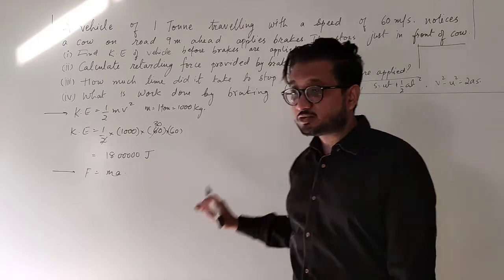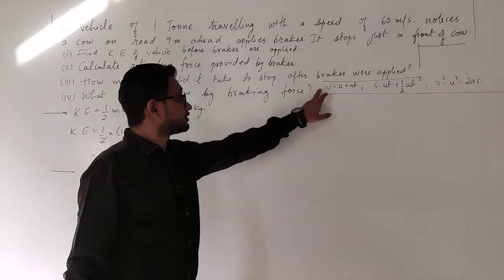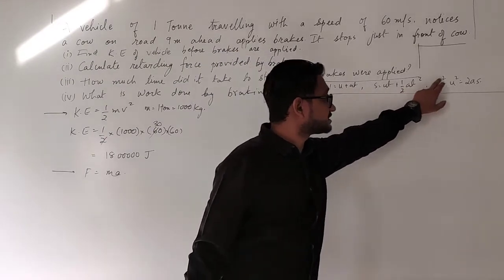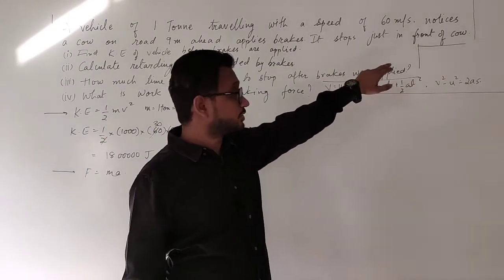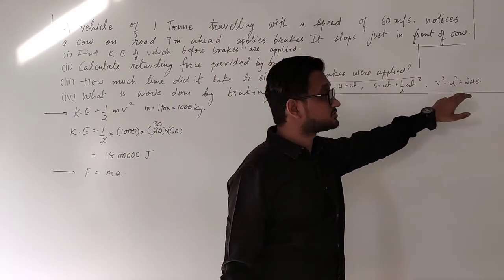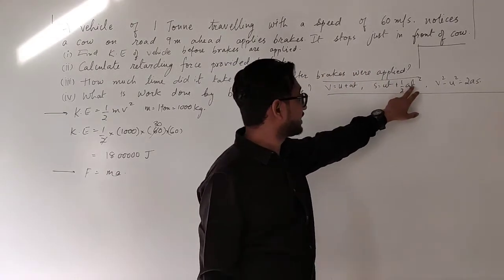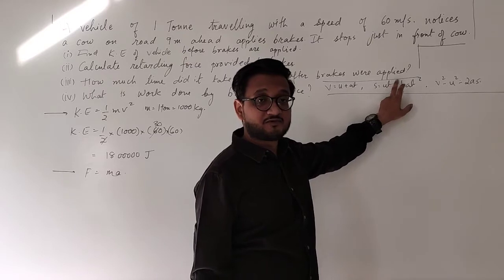We are going to use which one? In order to find acceleration, you can see there are three options. All of them are acceleration, but we are going to use the third one. Why? Because we are not provided with the time. If we want to find acceleration over here, we will have to have the time, and we don't have the